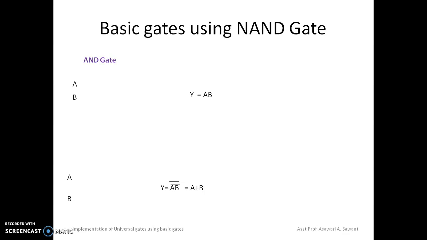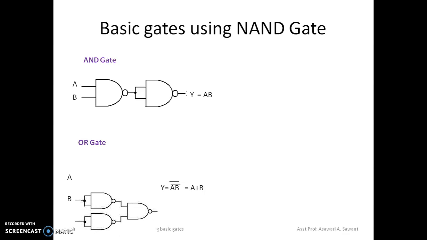First we will see how to construct AND gate using NAND gate. So here it is. Two NAND gates are combined together. For the first NAND gate, two inputs are provided, A and B. So the output of the first NAND gate will be (AB) whole bar, which is further applied to one more NAND gate. So the final output of the second NAND gate will be A into B, which is the output expression of AND gate.